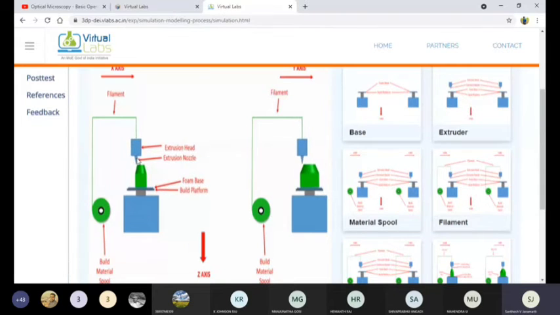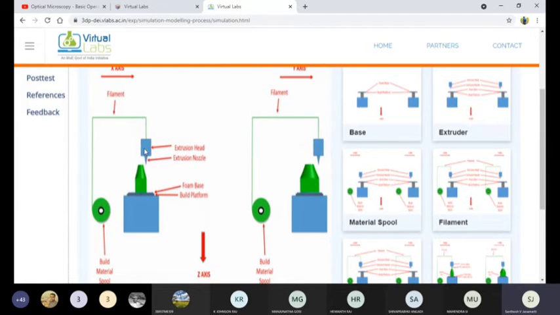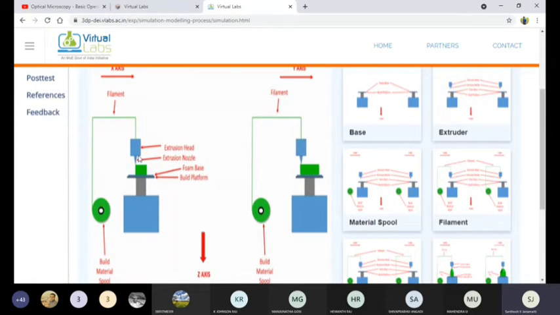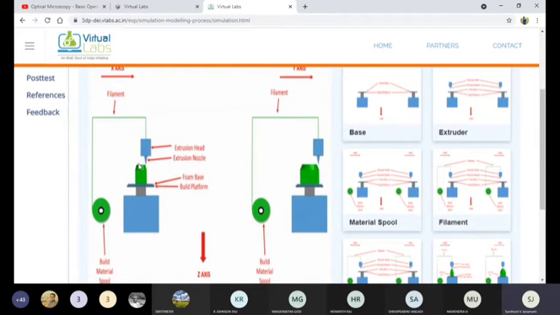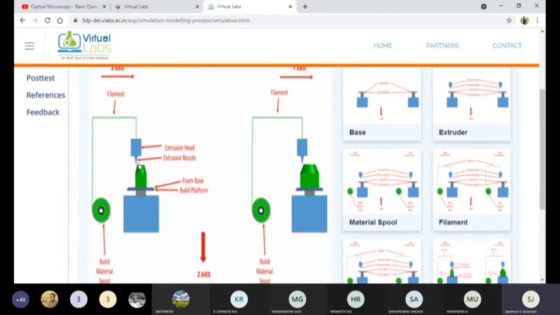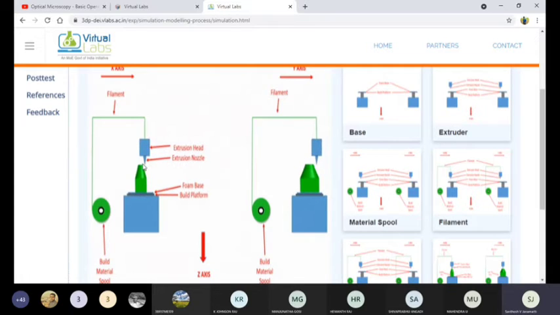Hence we provide the nozzle inlet, so that the semi-liquid polymer material comes out through the nozzle. Once it comes out, the nozzle maintains the required thickness of each layer.